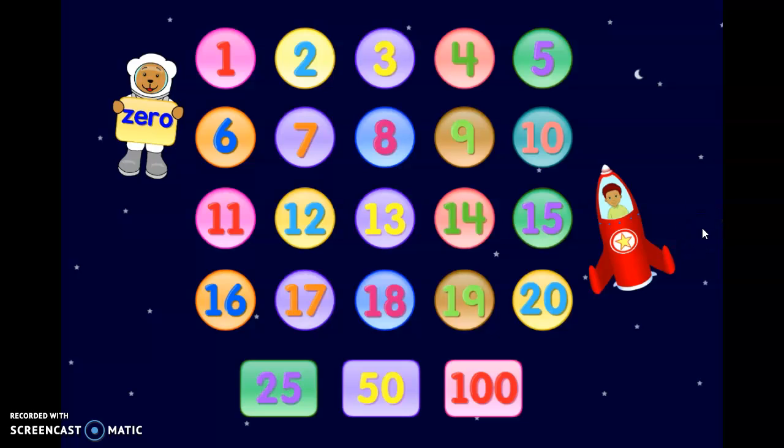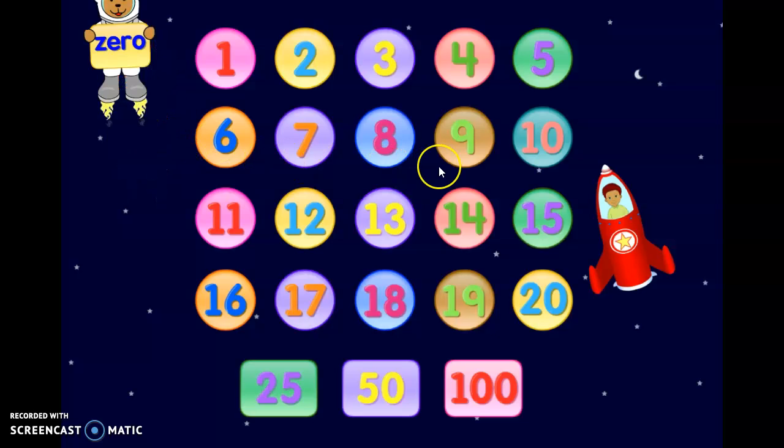Hello, kindergarten. We are talking about the number 0 again today. We're going to watch a little Starfall activity on 0, and then I'm going to walk you through your workbook page. So let's see what Starfall has to say about the number